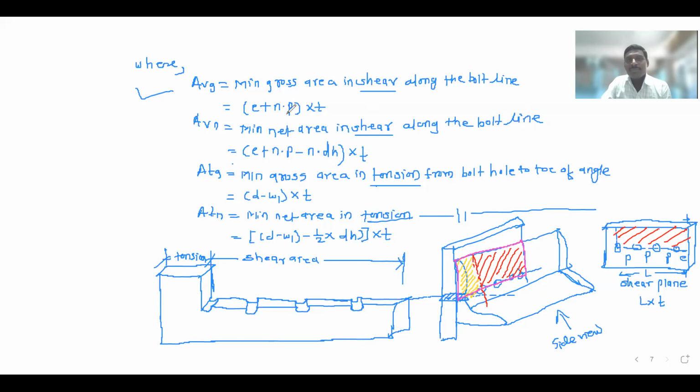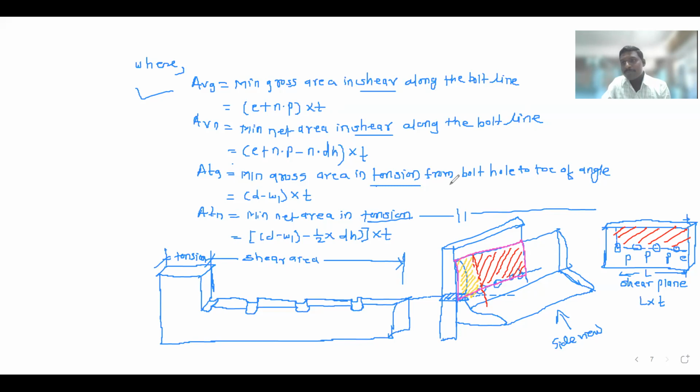So here E plus N into P. Why have I done N into P? What is N? Number. Number of? Rows. P. Rows. No. Number of pitch. जिथं P आला तिथं number of pitches असणार आहे तो. This is one pitch, second pitch, third pitch. N is the number of pitch into P. P is the what? Pitch distance. हाँ, Pitch. So 3 pitch, 3 into pitch distance केले की काय मिळाली हो तुम्हाला?